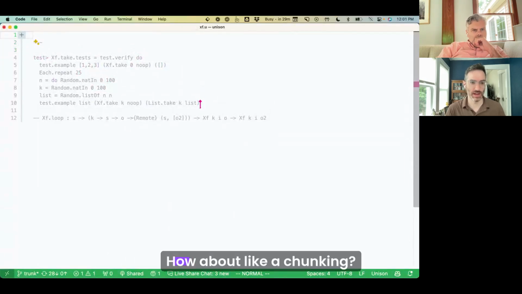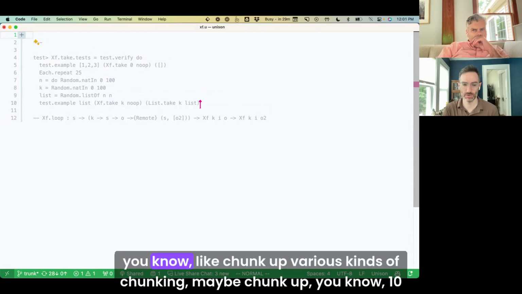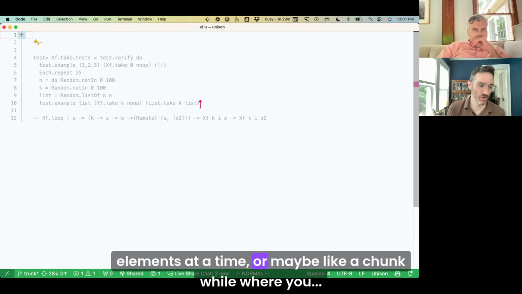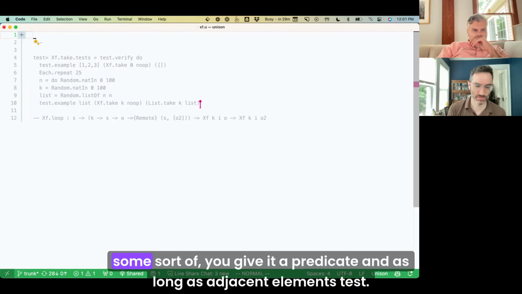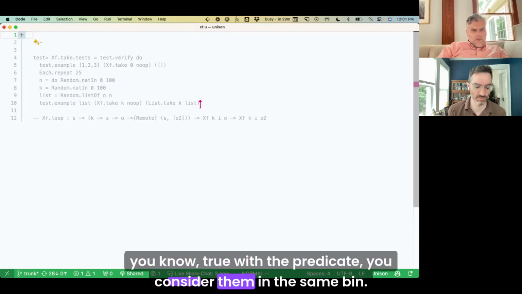How about like a chunking, like chunk up various kinds of chunking. Maybe chunk up 10 elements at a time, or maybe like a chunk while where you give it a predicate, and as long as adjacent elements test true with the predicate, you consider them in the same bin.